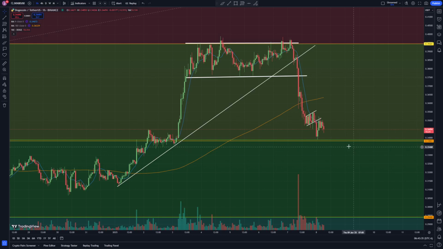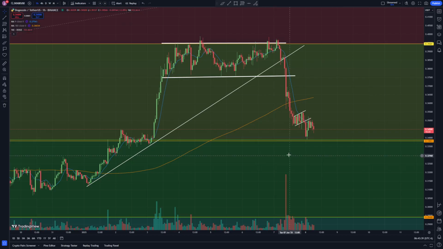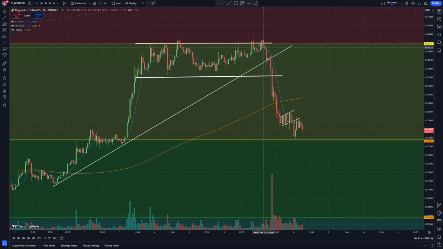Let's take a look at what's going on with Dogecoin today, guys. In yesterday's, or last night's video, we had this big fall to the downside, all the way down to around 0.347, somewhere around there. Then we started getting support right here and we started bouncing to the upside. I was wondering if we were going to hold support and start actually